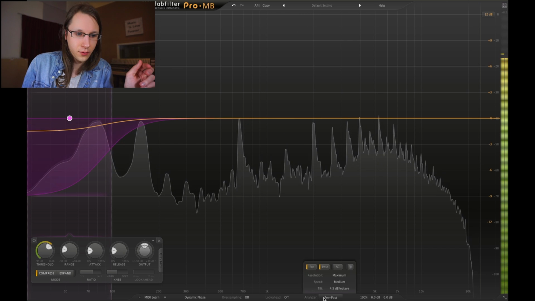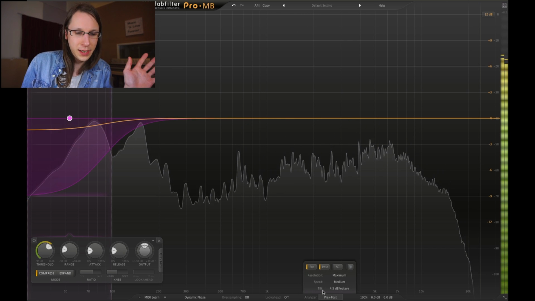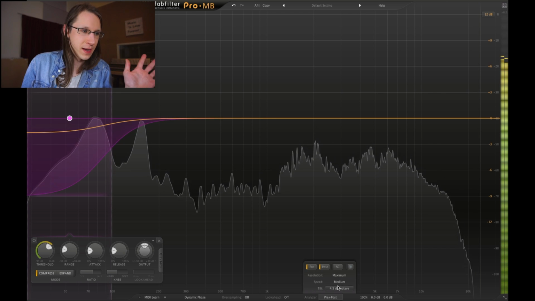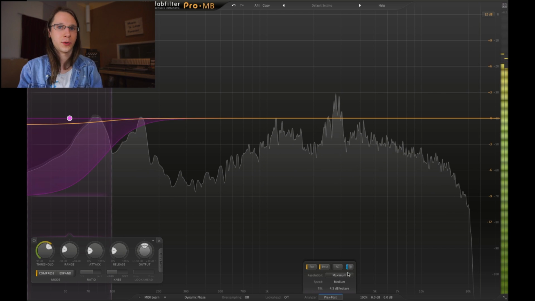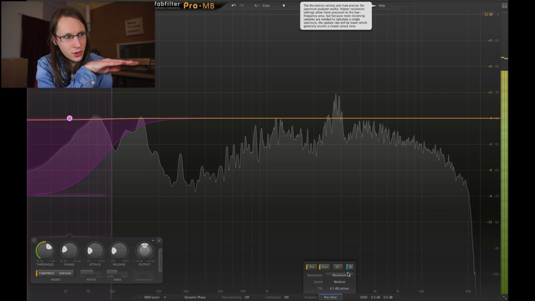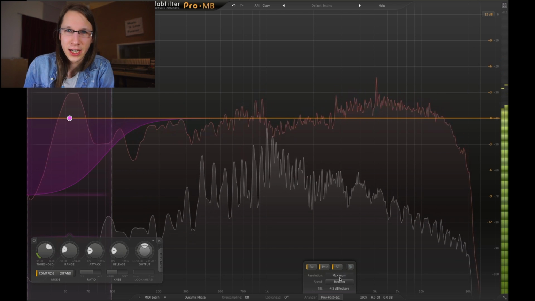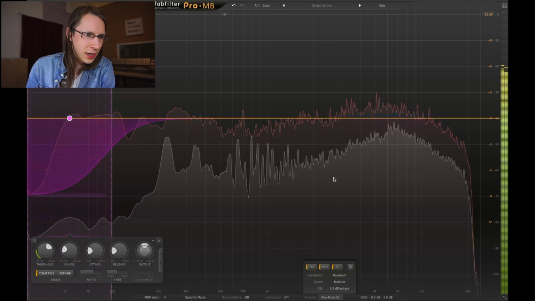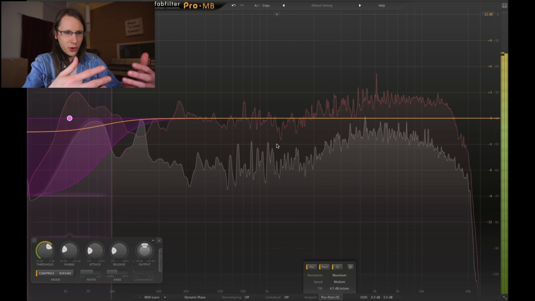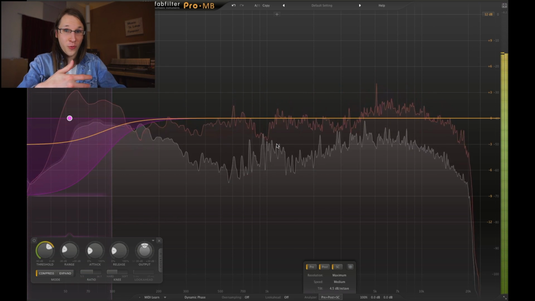So then we have analyzer settings. Of course our usual stuff, the resolution, speed and tilting of the analyzer. Nothing special. We can freeze the analyzer, which is handy if you want to have a global overview of your track. And we can also use a sidechain input for this. So now we will get an extra red overlay, overdub on the analyzer, so we can see what we're doing and compare it to sounds of other tracks.